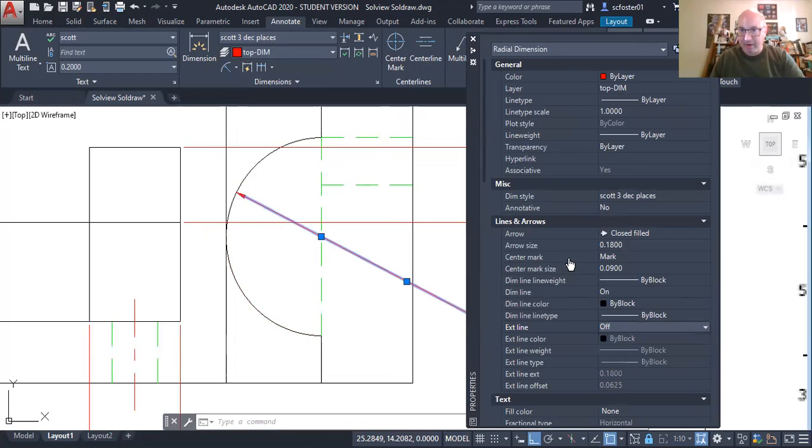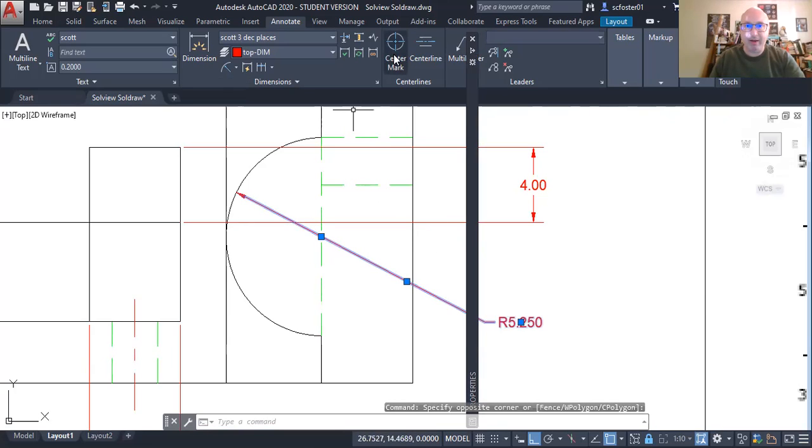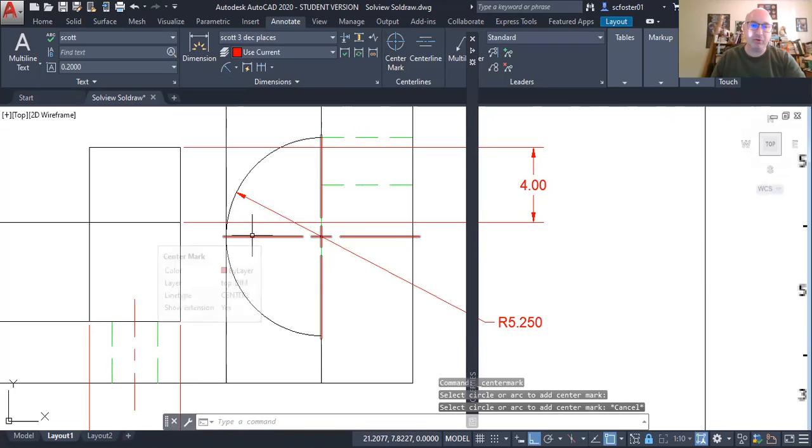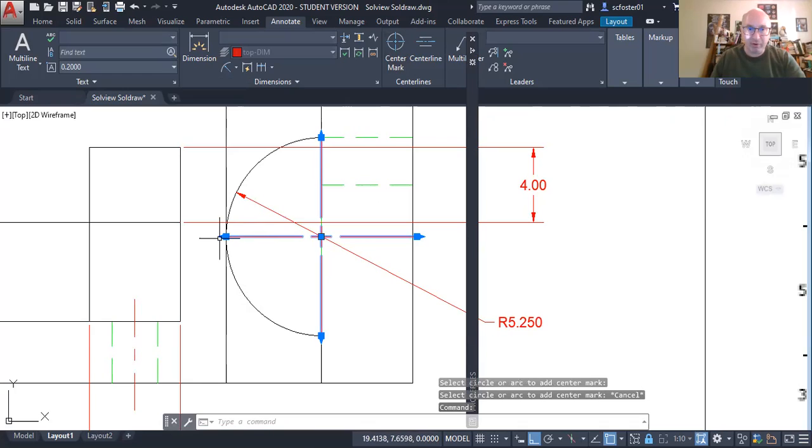Let's also add a center mark. Let's see, mark, line, none. None of those are working, okay. So let's add a center mark. Now this center mark is going to overlap because that's what center marks do. They're supposed to overlap. So the first thing we're going to do is I'm going to drag the arrow back,